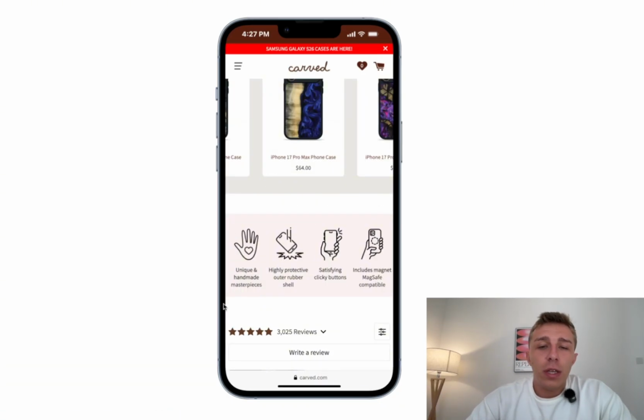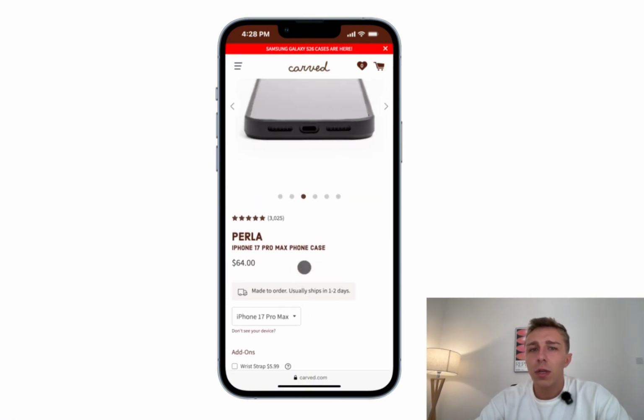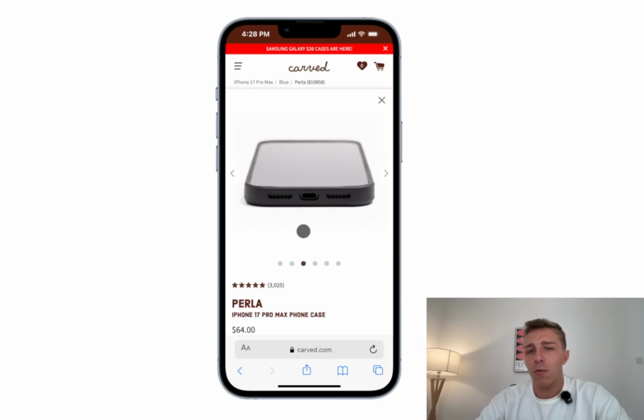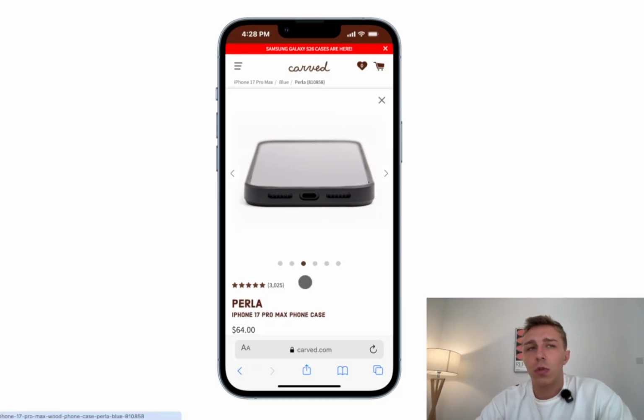These are really good, unique selling propositions that are visual. It's so easy to understand them, like that this is highly protective, like a phone case. And I'll just take all of these because these are really good. And I'll just highlight them either in the main photo grid or under, or even right below the price, one below each other. This is going to make such a big difference when it comes to, you know, having, let's say,